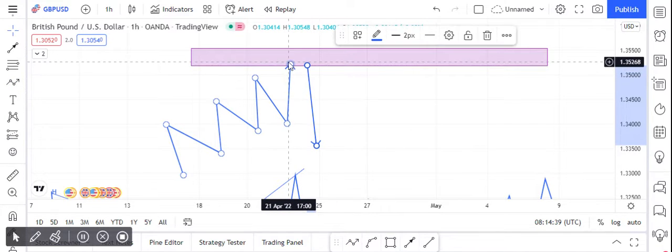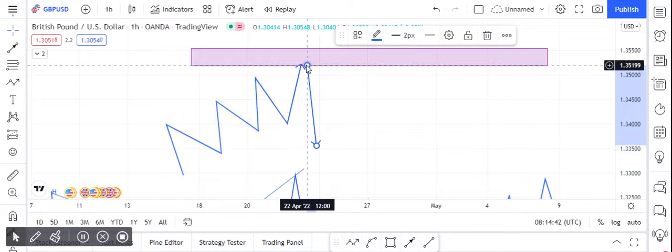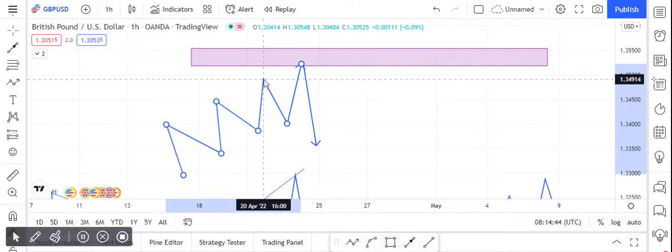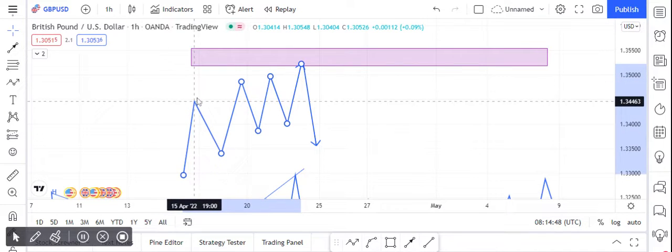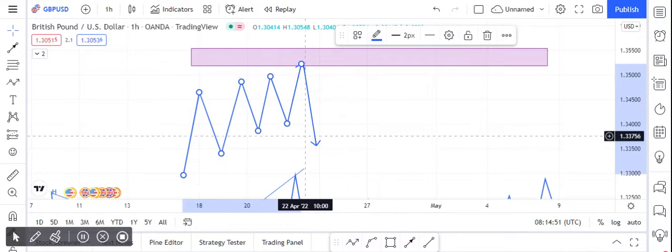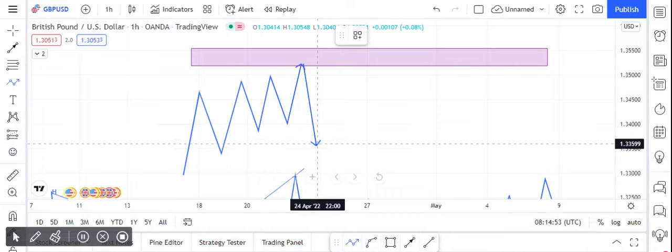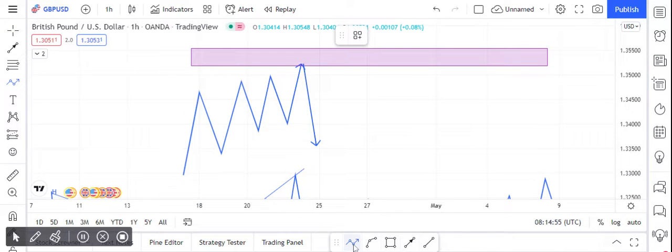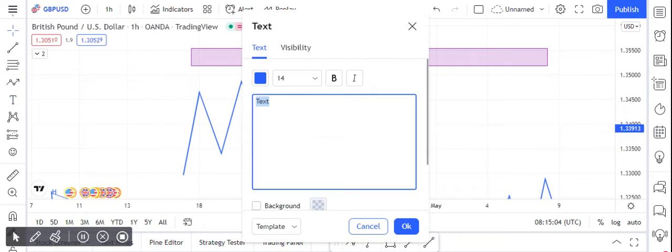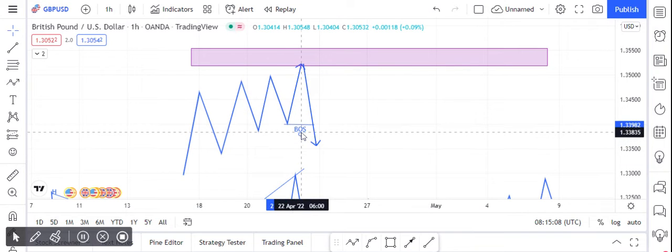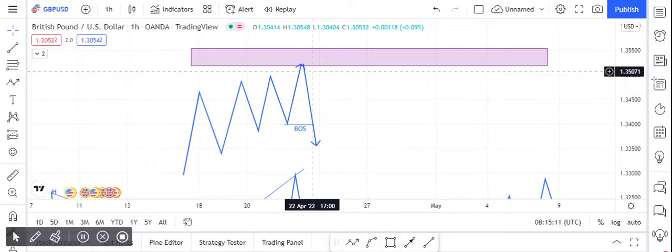With a lot of momentum, and this low is taken out like that. So once I see that this low here has been taken out, we call this a break of structure, a BOS. Once I see that a break of structure has happened, what I'm going to do now,